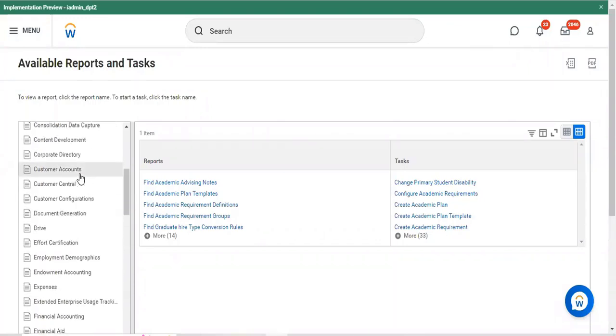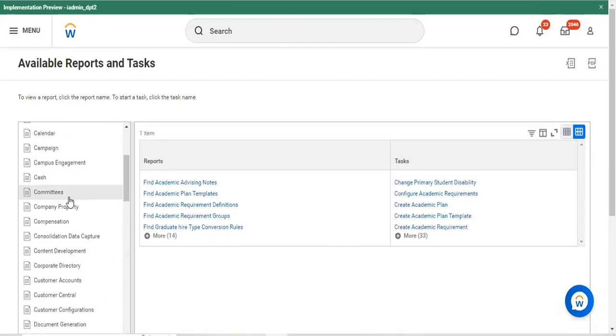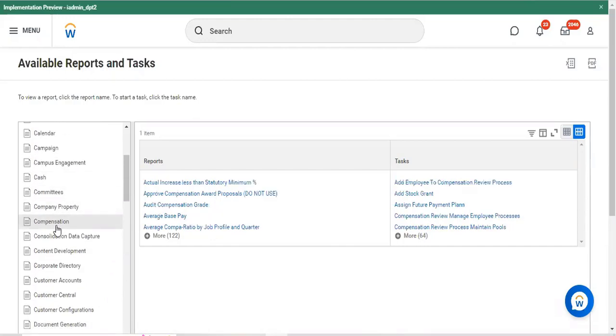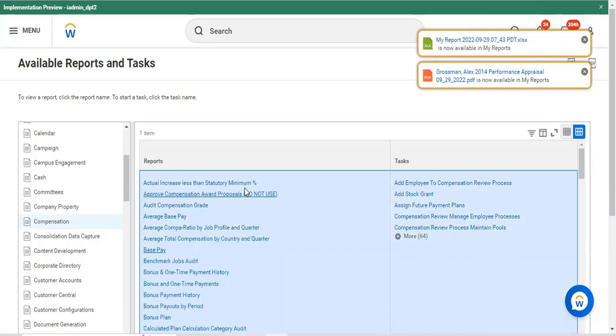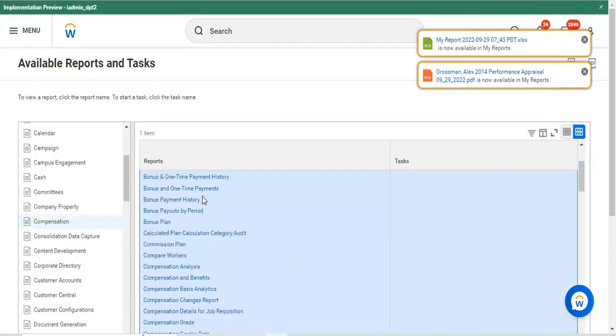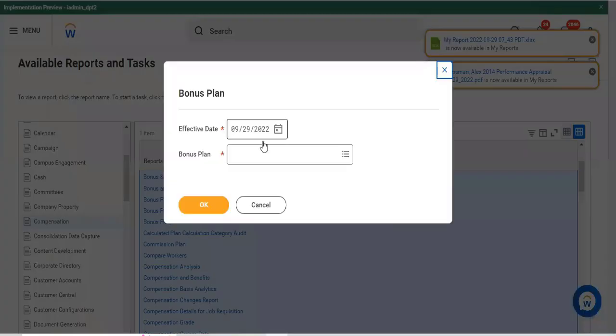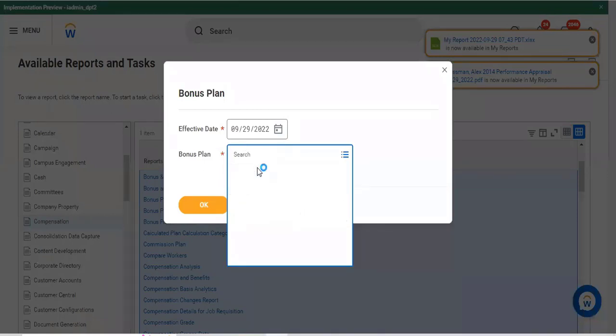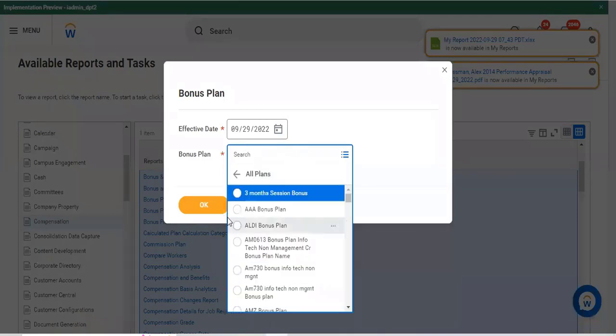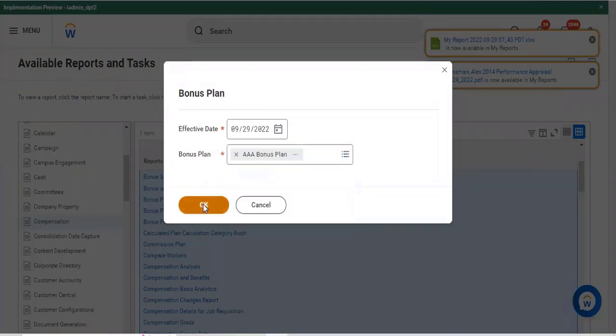If you want to check any report related activity, take it as an example, you want to check the compensation related activities. You have approximately 122 compensation reports within your organization, and you can check whichever compensation you would like. I want to check my bonus plan. Tap onto the bonus plan related activities and select your bonus plan. I'm just selecting some XYZ plan name, tapping on OK,